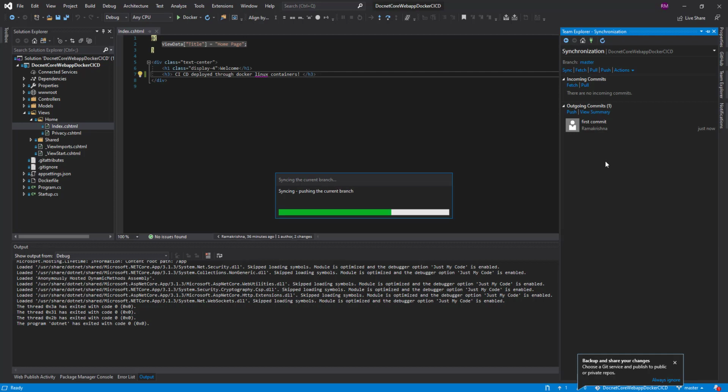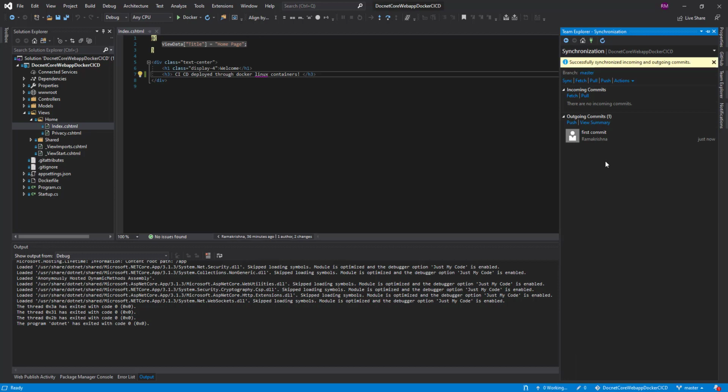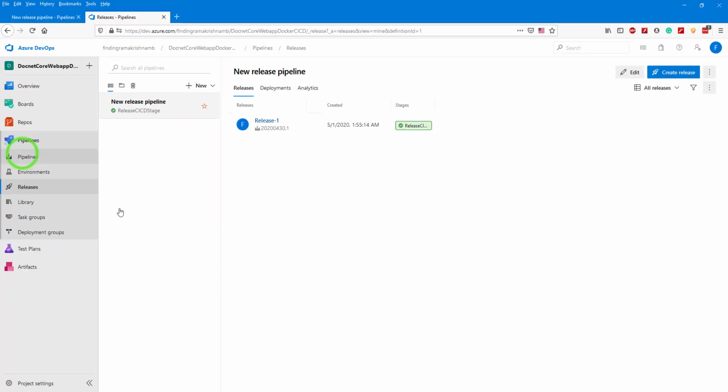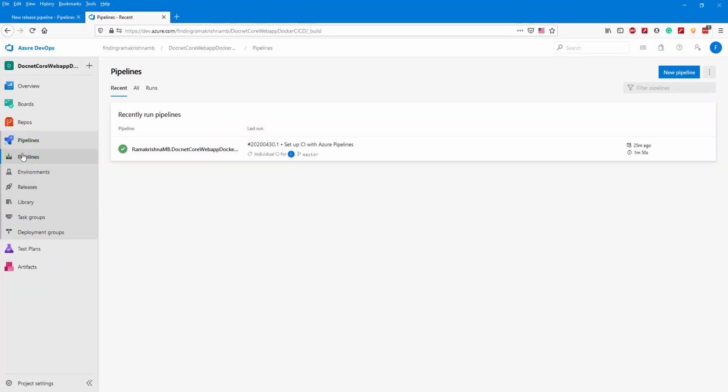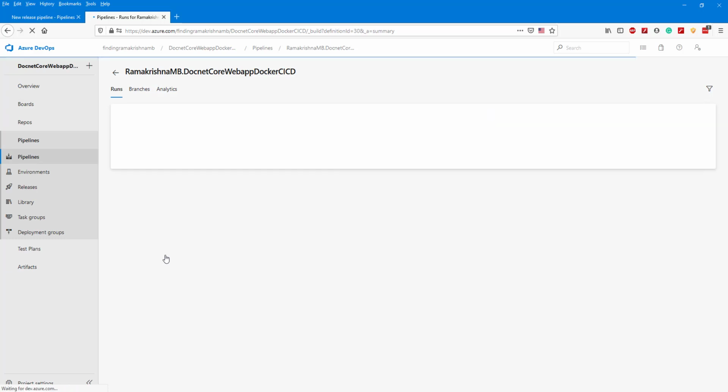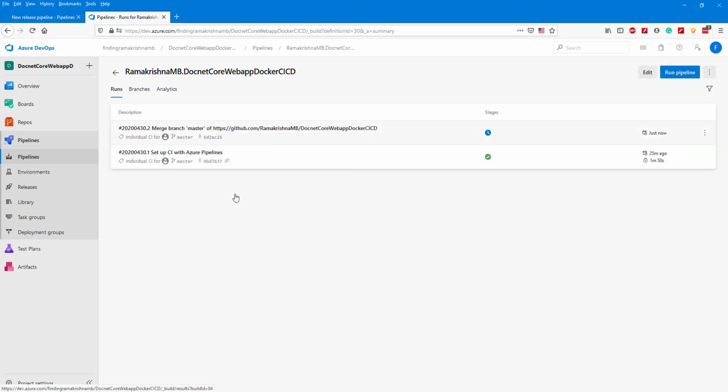After it syncs with the repo, our pipeline should automatically start. Go to pipeline. Yes, pipeline started.